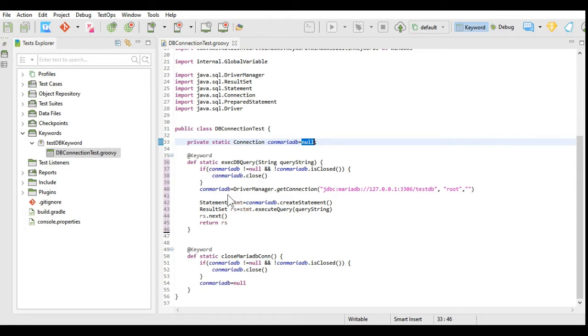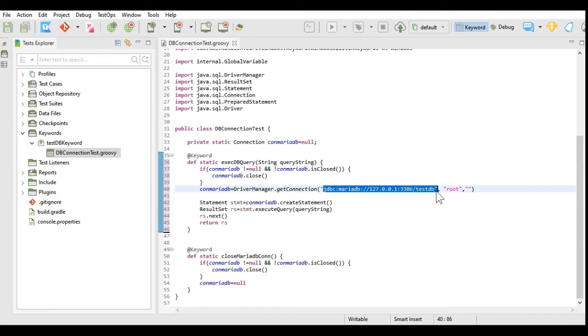In this keyword, I have checked whether this connection is null or not, and is closed or not. If it is not null and not closed, we will close it first. Then we will create a new connection.